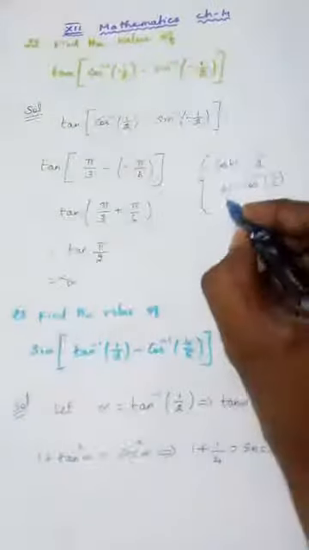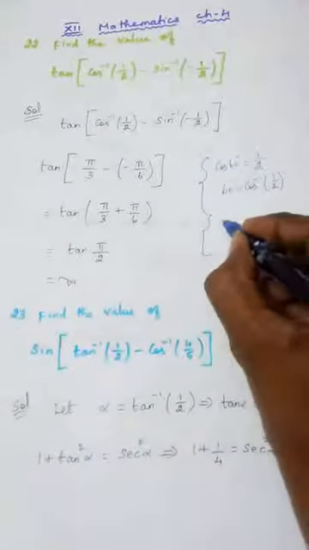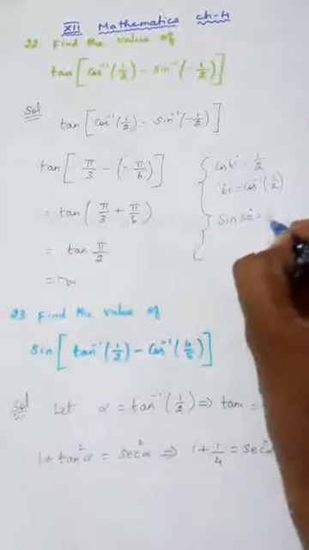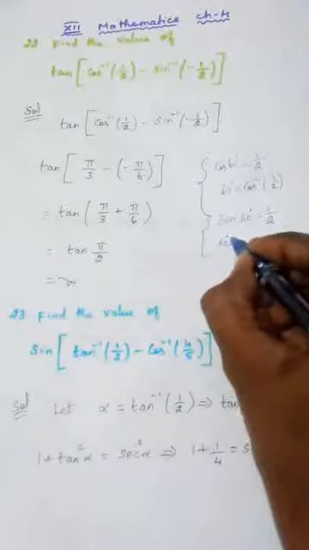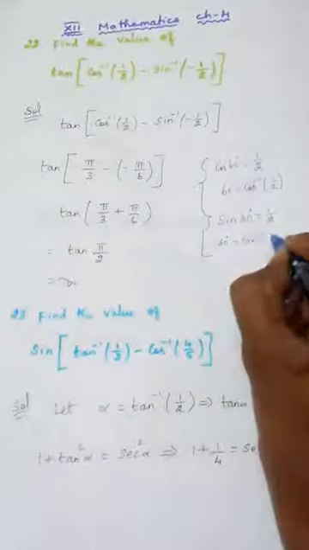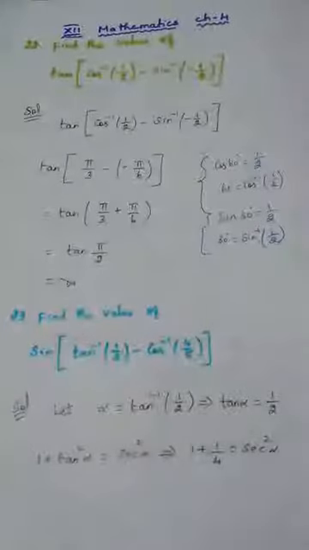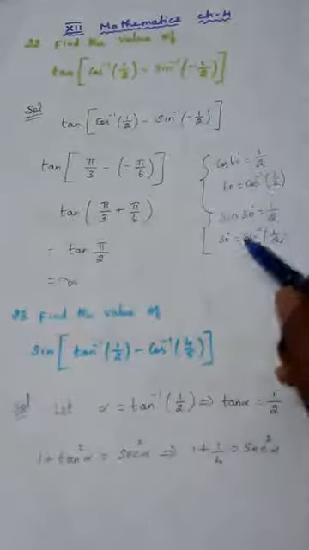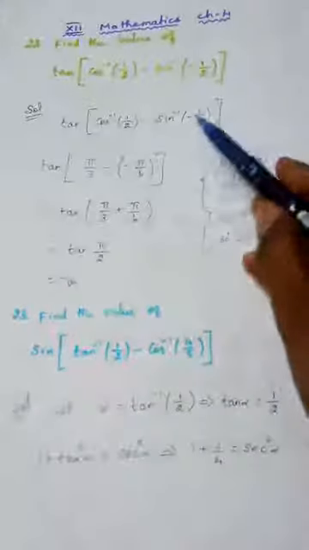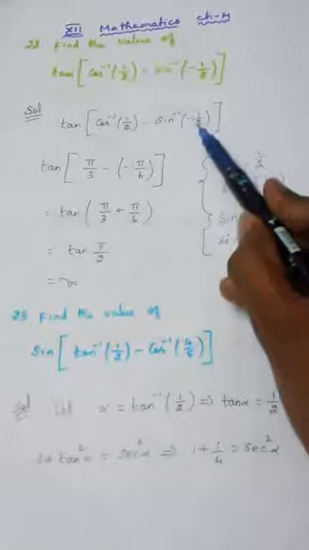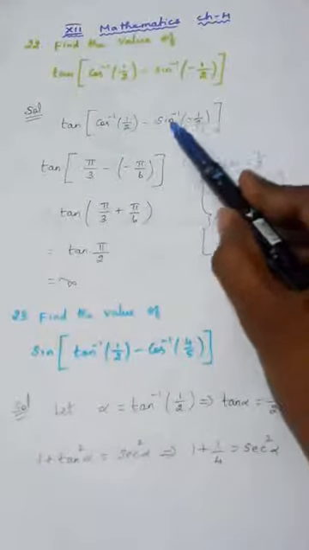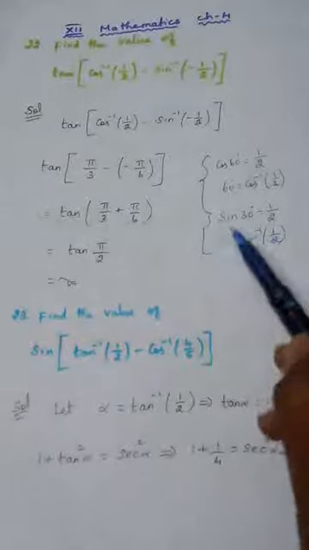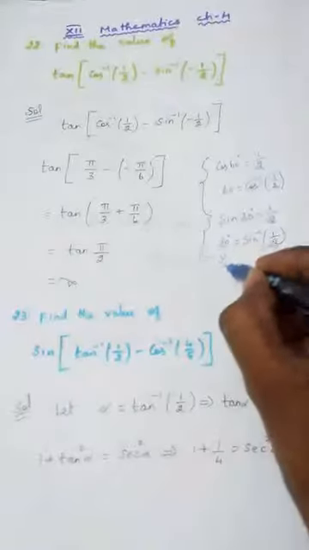In this case, first we will discuss the value sine 30 degree. The answer is 1 by 2, right? Sine 30 degree means 1 by 2. So I can say 30 degree is equal to sine inverse of 1 by 2. Now, sine inverse of minus 1 by 2 is present, but I am forgetting about this minus sign for now. I am just seeing what sine inverse 1 by 2 is. Sine inverse 1 by 2 is 30 degree. 30 degree can be written as pi by 6, right?